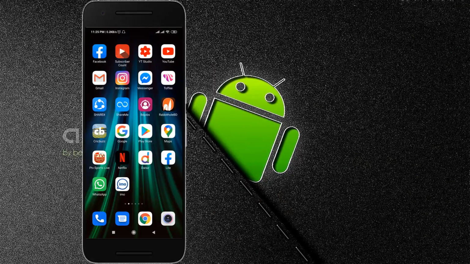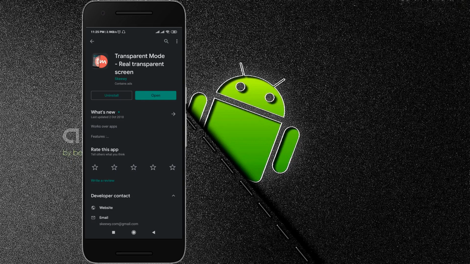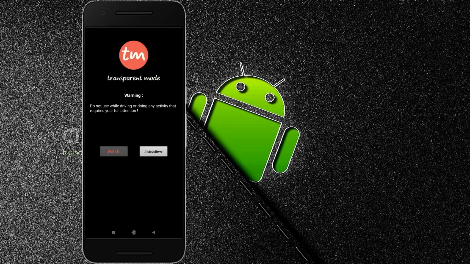Okay guys, to do this, first of all you need to install an app on your Android mobile phone, and that app is available in the Play Store. I'll go to the Google Play Store, and the app is Transparent Mode and Real Transparent Screen. You need to install that app on your mobile phone, and after that you need to open it on your Android mobile phone. And now you need to wait for a while, and after that you need to click on